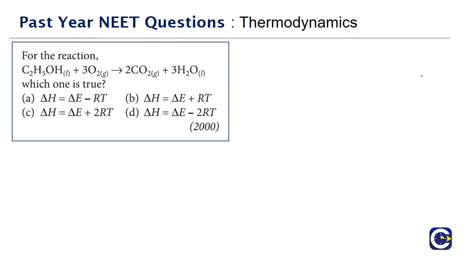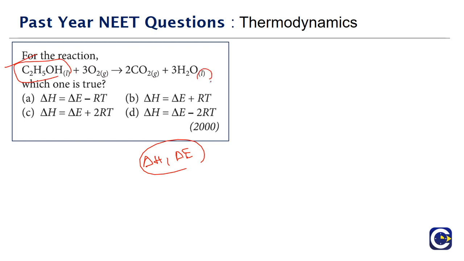Next we have a question on the relation between delta H and delta E. For a chemical reaction, it's a very standard model of question, finding the relation between delta H and delta E. Look at this question. For the reaction C2H5OH, ethyl alcohol, liquid state, plus 3 moles of O2 gas gives rise to 2 CO2 gas